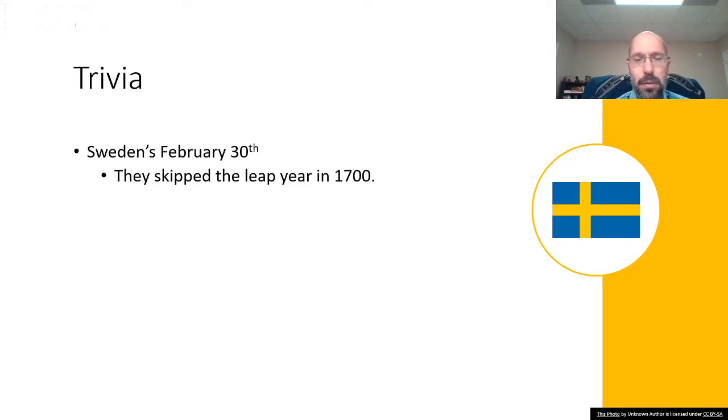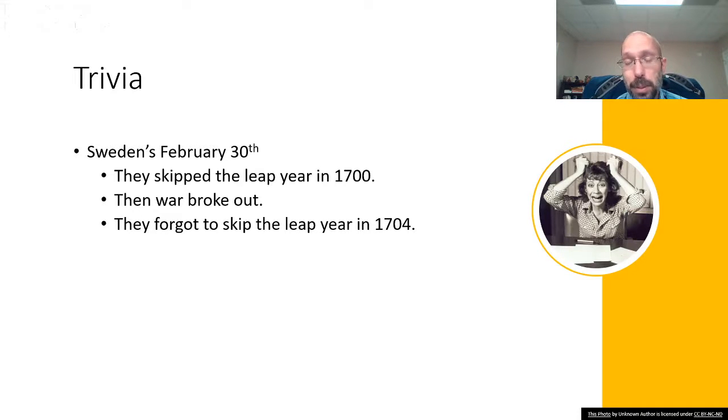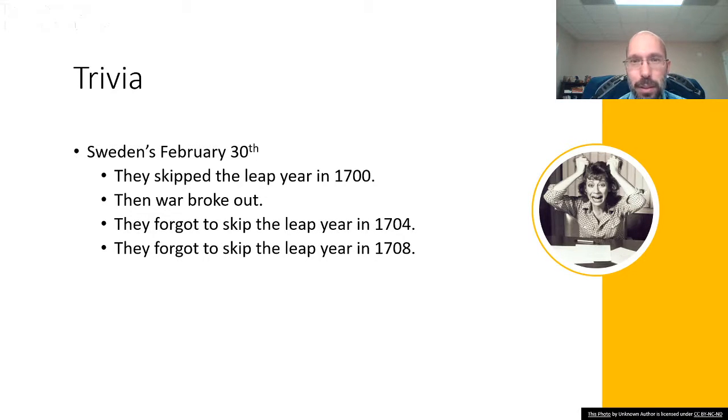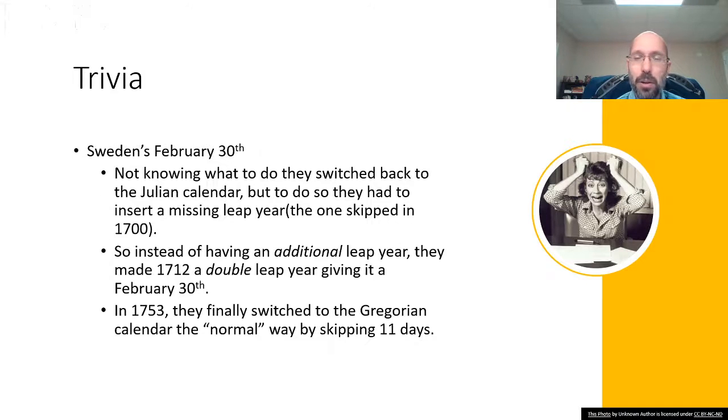Now, Sweden skipped the leap year in 1700. They started off the way they wanted to, but then things kind of started to fall apart. War broke out. They forgot to skip the leap year in 1704. They forgot to skip the leap year in 1708. And by the time they realized what had happened, they weren't exactly sure how to fix it, because these two calendar systems aren't exactly in sync. So they decided, let's switch back to the Julian calendar, and we'll figure out how to get to the Gregorian calendar